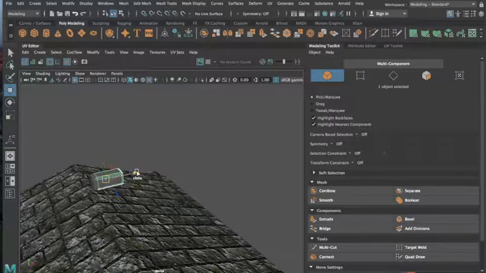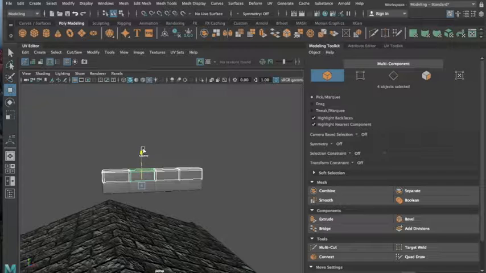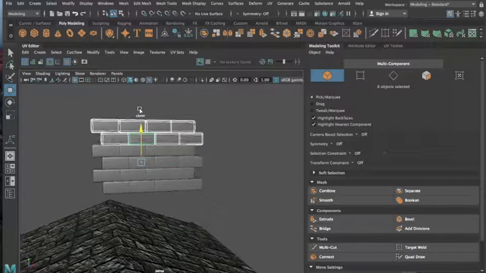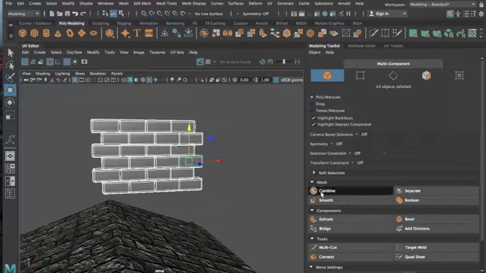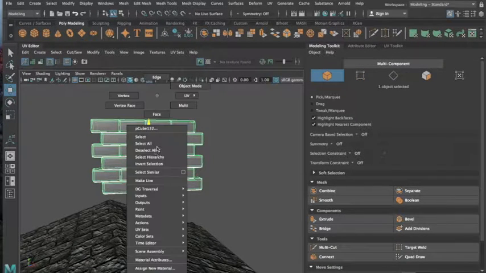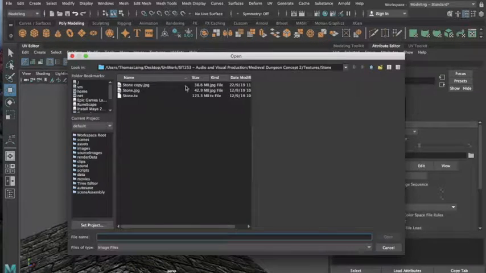Then, with these blocks, I just duplicated them out into the rough pattern of a brick wall. I then arranged them to make the shape of a brick wall, and once I had them in the shape of a brick wall, I assigned a texture to them to give them